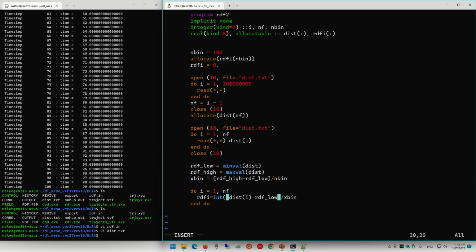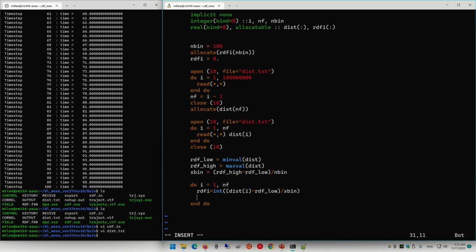So integer of this is the position of, wait, we already call it RDFI, so let's call it K, okay, although this is meaningless. Okay, so RDFI K equals RDFI K plus 1, all right?